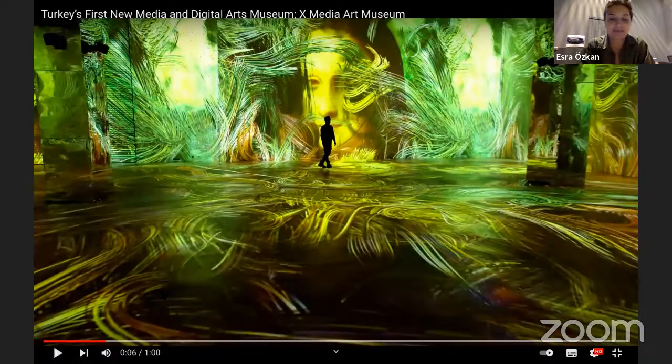X Media Art Museum brings together the original productions combining technology, science, and art, the new form of art created by blending the past with the present and the digital artworks within the audience. In this way, the museum also presents new reflections of art that make the audience a part of its art and makes the audience active, with its inclusive and interactive interdisciplinary art productions and the experiences on multiple and extended scales.